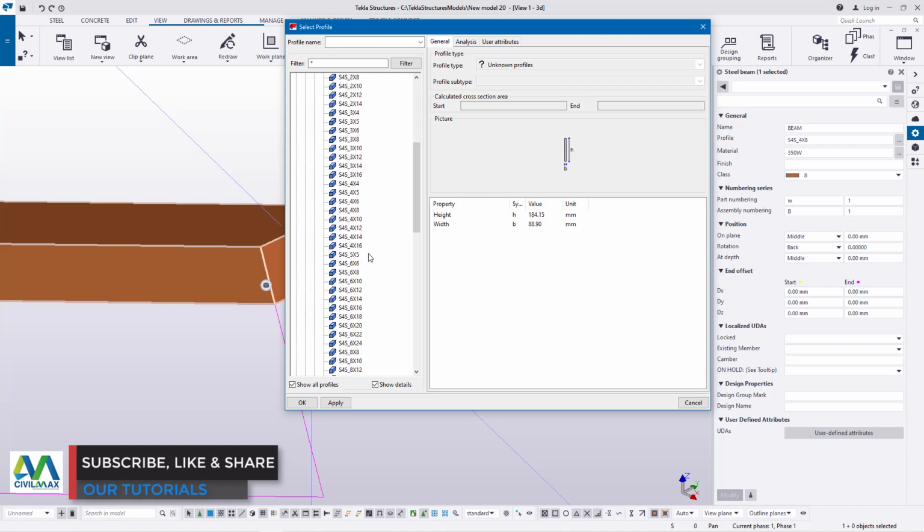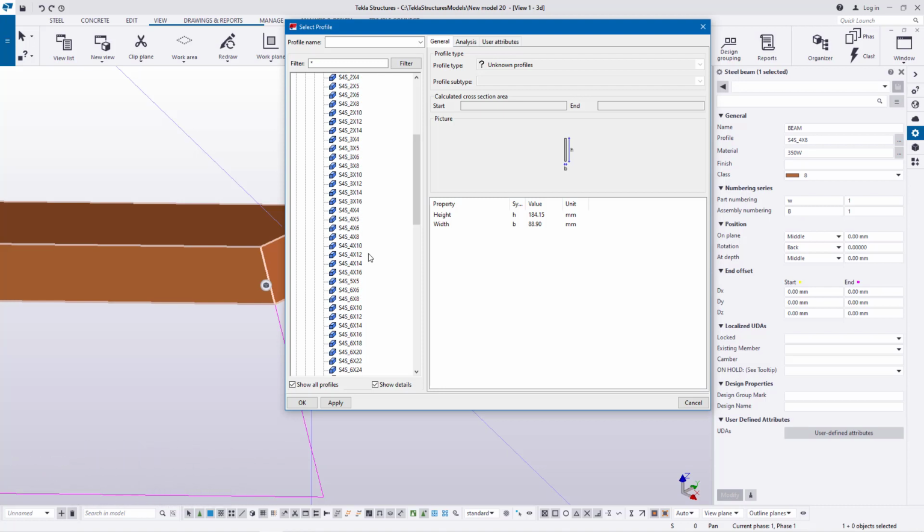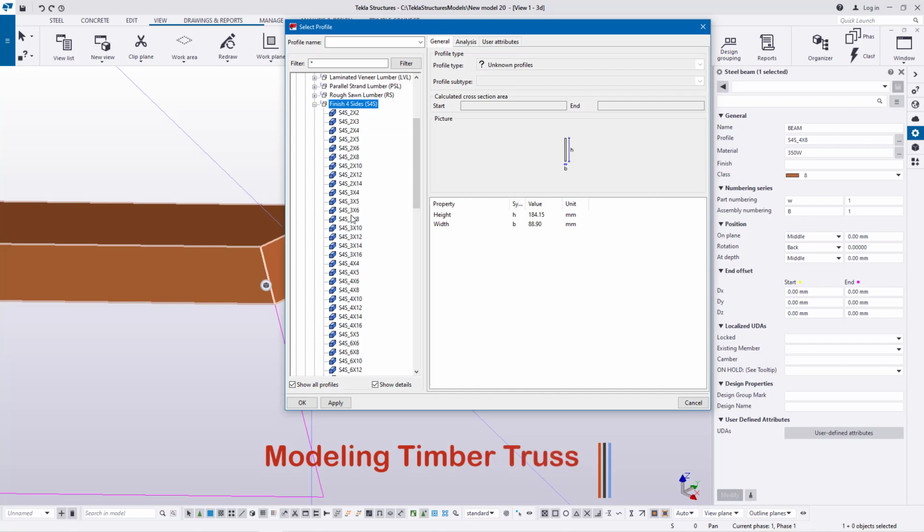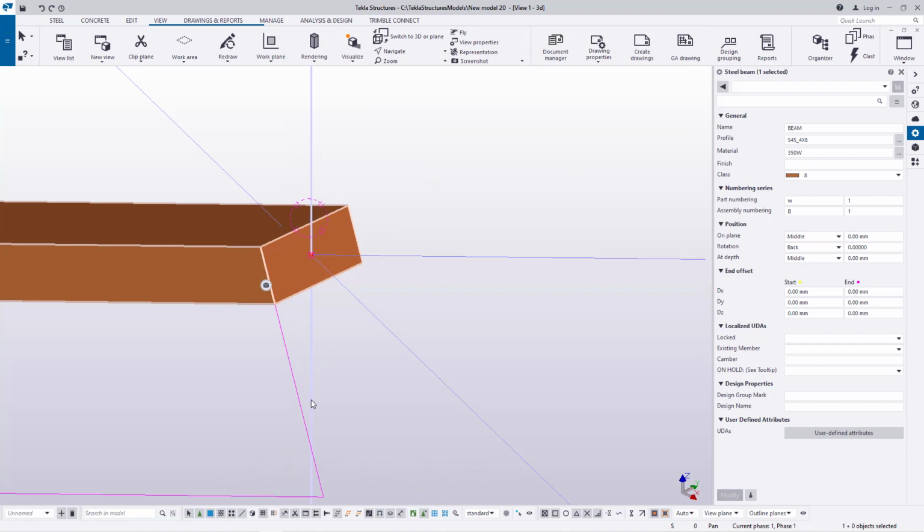Now let me just scroll up and pick any of these. It's all dependent on your choice of timber profiles and timber sizes. In my particular case, I'm going to use 4 by 8. Let me look for 4 by 8 in this profile catalog. Let me just scroll down here, and I'll snap on that. If I click apply and give it an OK by clicking on the OK button there,